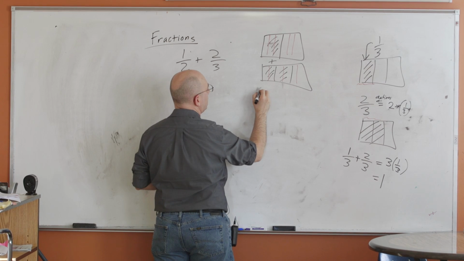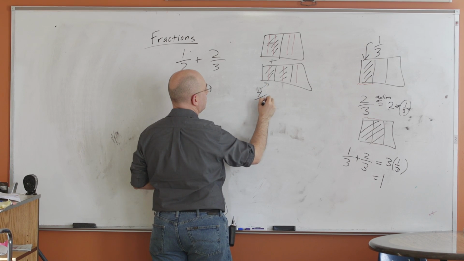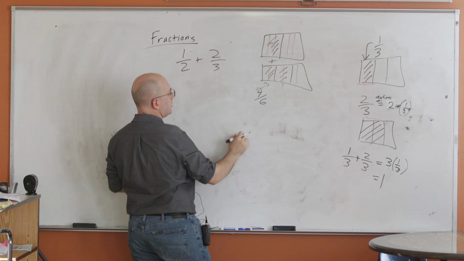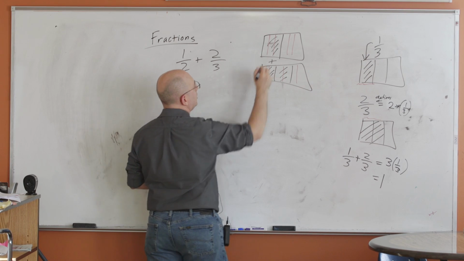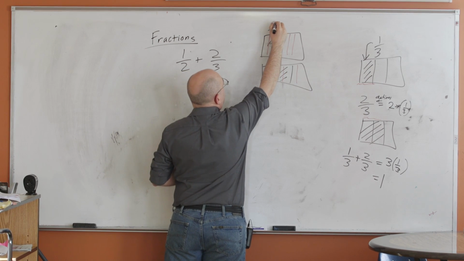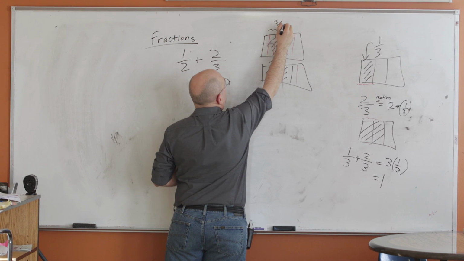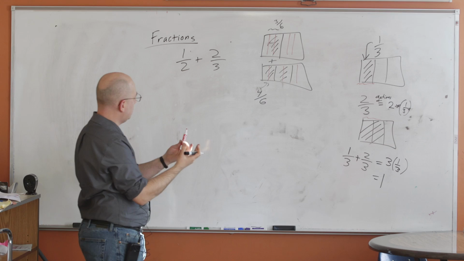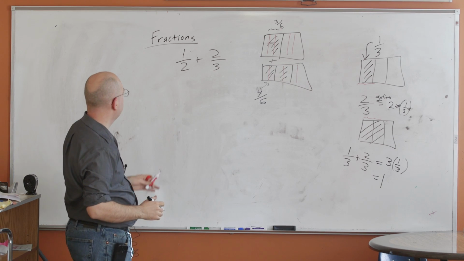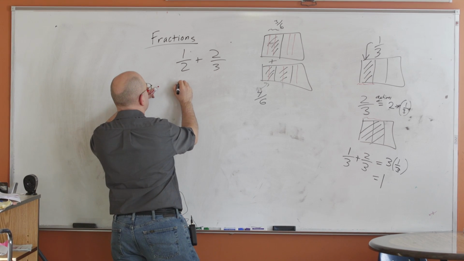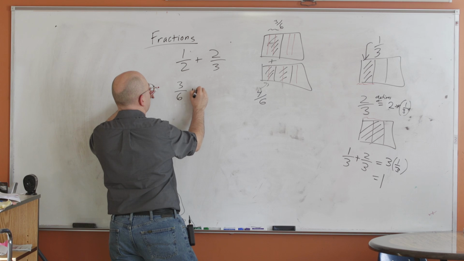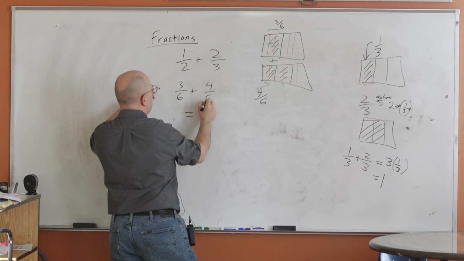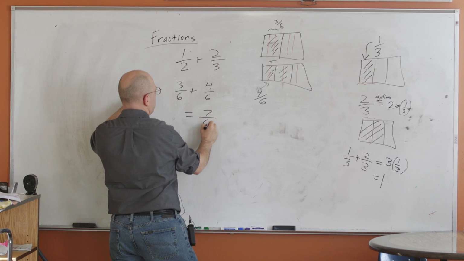There's 6 parts I've divided this thing into. There's 4 of them there. And over here, I've got 3 parts. And again, there's 6 total that I've cut this thing up into. And so what I can say is 1/2 is 3/6, and 2/3 is 4/6, and so I have 7/6,